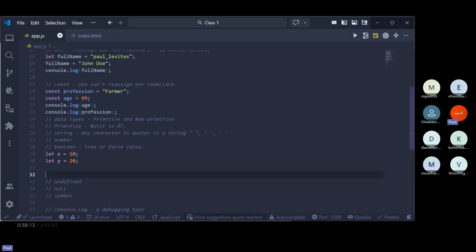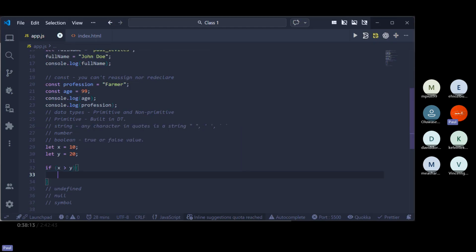Now let us compare both values. Let's check to see if y is greater than x or x is greater than y. Whichever is greater is going to print out true. You understand it now? So let us say if x is greater than y, what do you want? Print true,